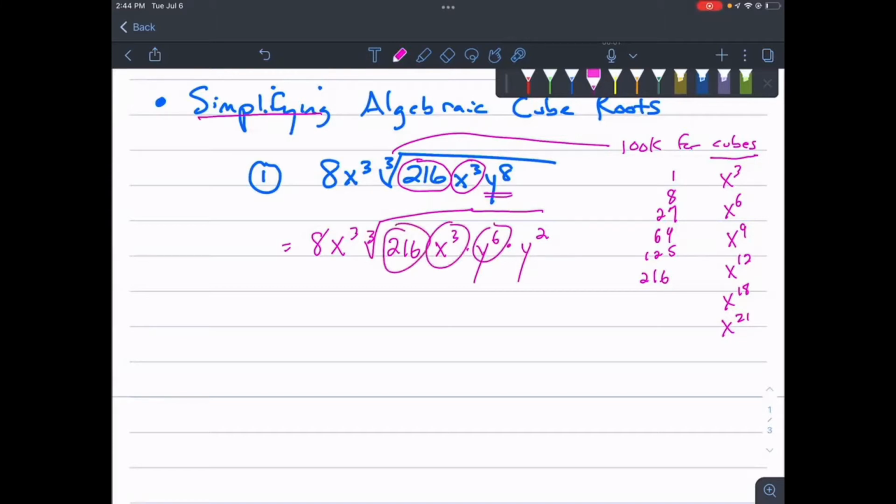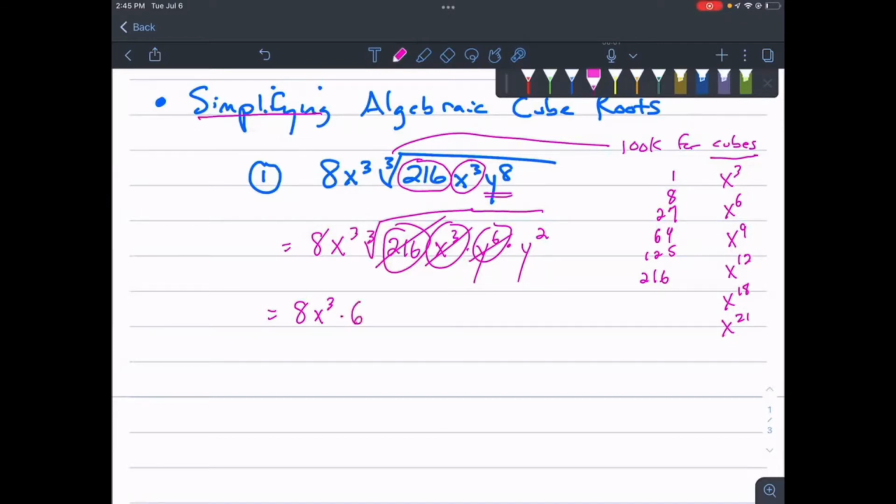They're all cubes. So we're going to take out the cube root of 216, cube root of x cubed, the cube root of y to the 6th. Keep in mind for the variables, x to the 3rd and y to the 6th, we're just going to divide their exponents by the index. So I'm going to put 8x to the 3rd out there, and then everything that we're bringing out. So the cube root of 216